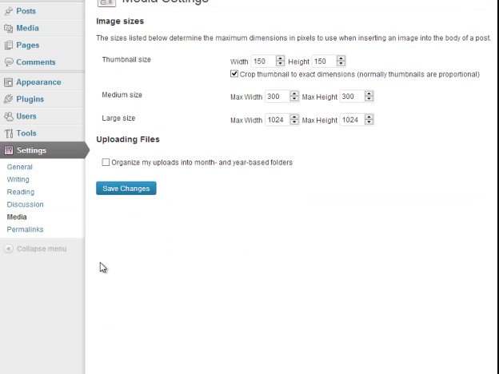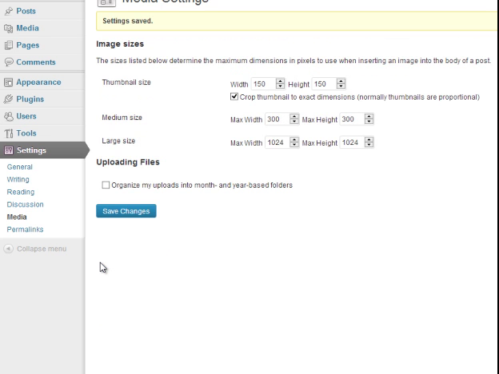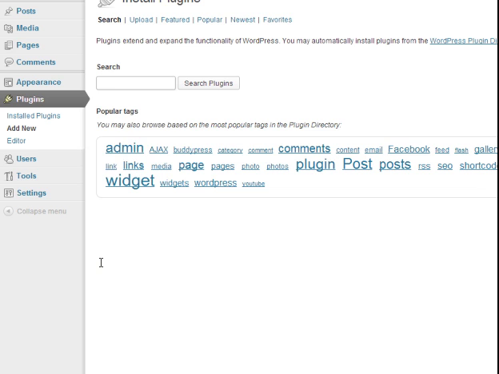Media, of course. I don't like my images organised into month and year. I don't know why. I find it hard to find out exactly what month or even year I did certain things, so I prefer to have that unchecked. Right, that's saved. I'm now going to go into plugins, and I'm going to add